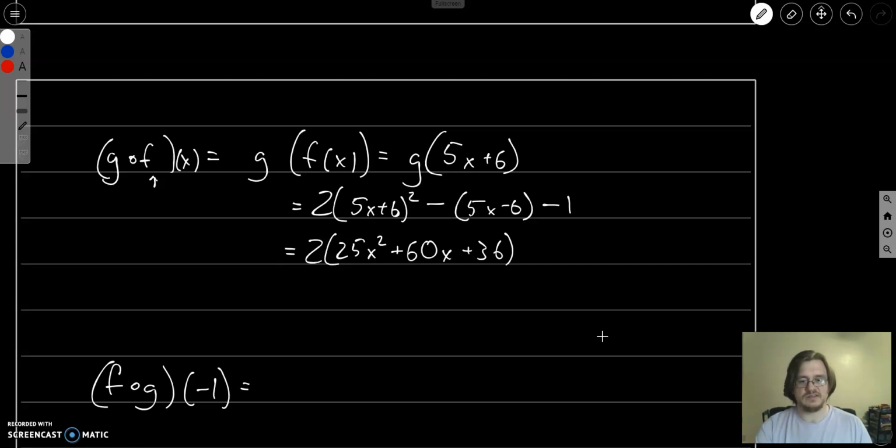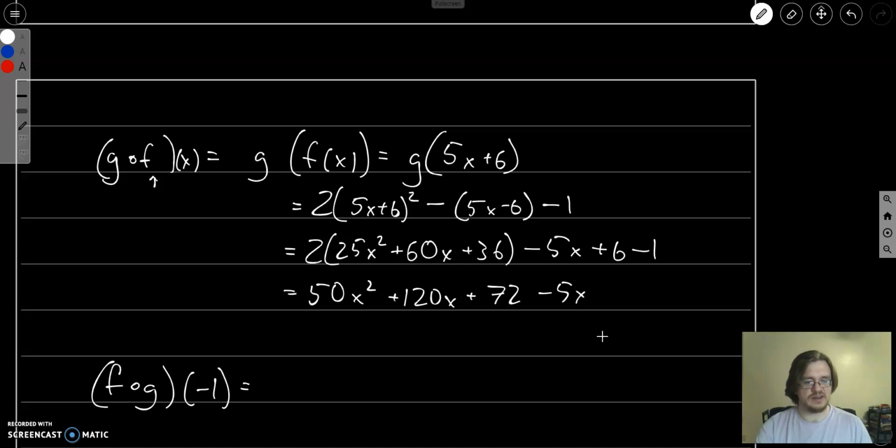I can distribute the negative sign, minus 5x plus 6 minus 1. I can distribute my 2 now, so this will be 50x squared plus 120x plus 72 minus 5x. I'll combine these terms at the end. Plus 6 minus 1 is minus 5. And combining my like terms, I'll get 50x squared plus 120x